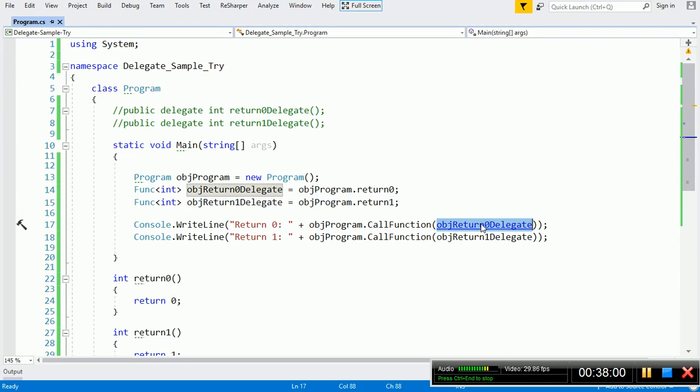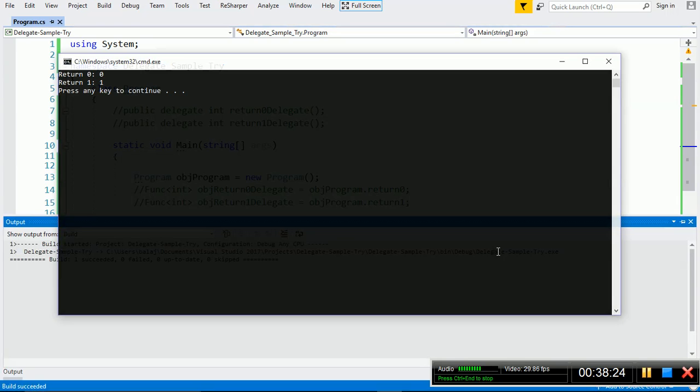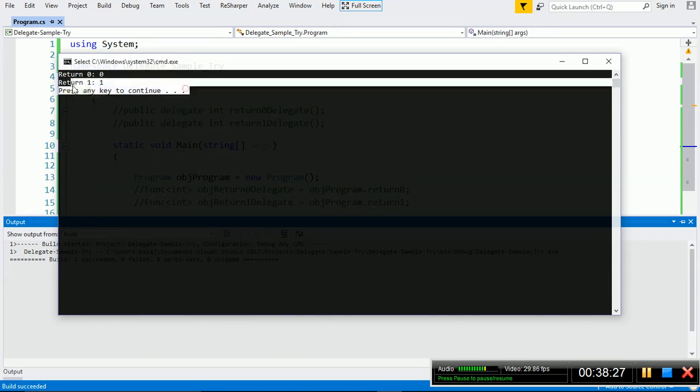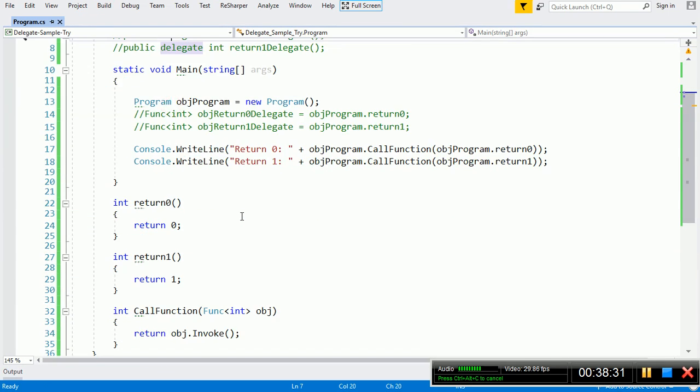For example, instead of return 0 delegate, I can pass object program dot return 0. I can pass the address directly to this function. Here also I can directly pass this function address, and then I will comment this out. Now I run this program. Now also it is showing the same result, return 0 and return 1.